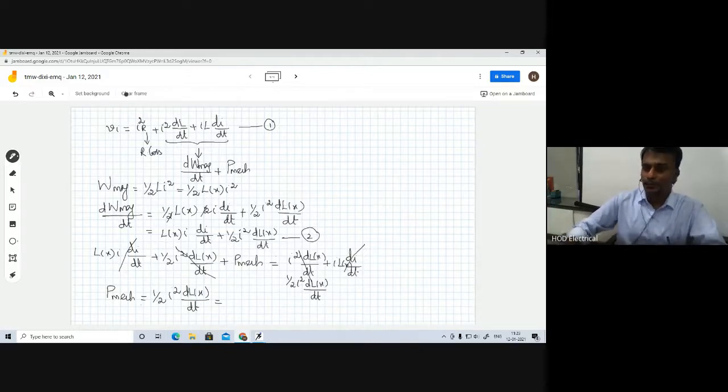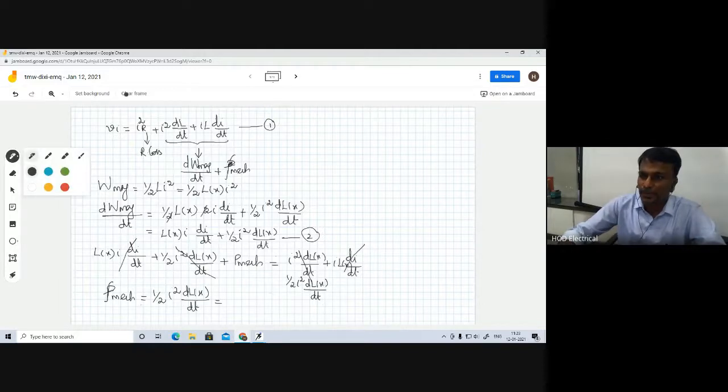Power mechanical. So not only power, assume that this is our force. This is a linear motion, so you can write it as force in this mechanical device. What is meant by the power? Power is equal to force into velocity. Force into velocity. So how can we write it now?